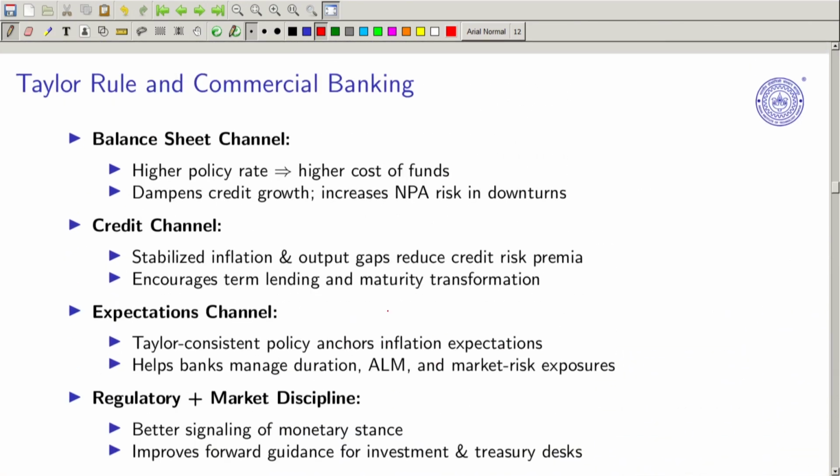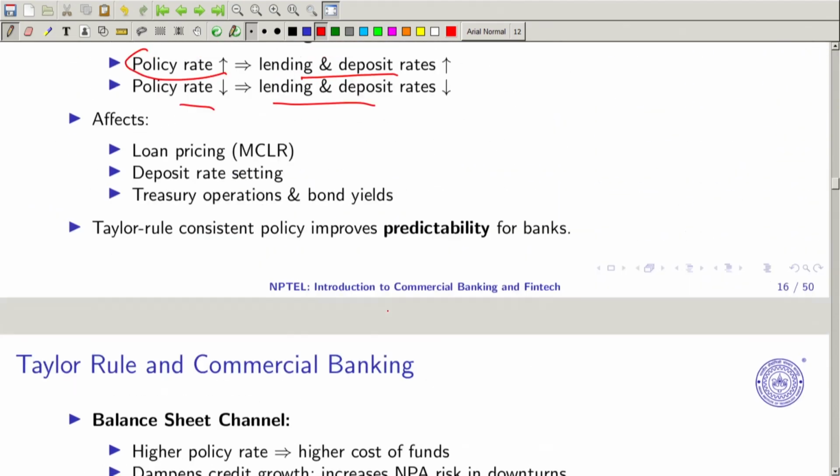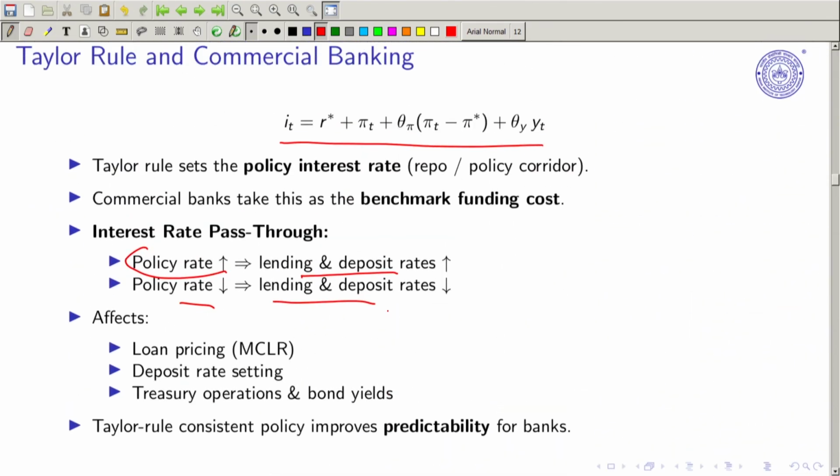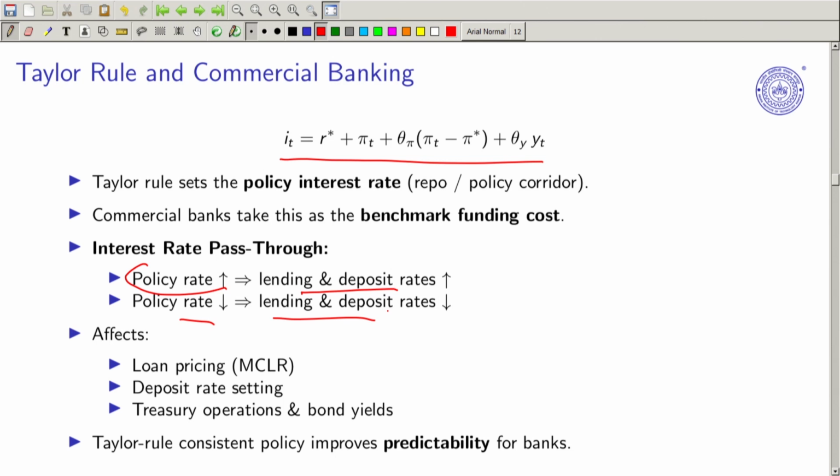Now I also wanted to mention that when we discuss the policy rate, right? So here in monetary policy scenarios, what is the most important case, that whenever we have the policy rate going up, so this we mentioned. And what we often see, I think I discussed the treasury operations. So this impacts the treasury operations. So this you can say is the operation twist kind of scenario, right, where buying and selling.